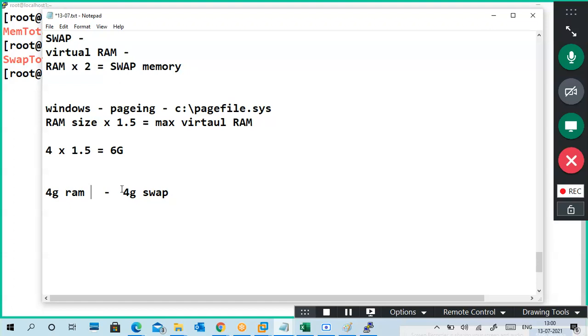So swap is very important. Make sure your current RAM size and swap size are balanced. Of course, while installing I used 4 GB RAM but only 2 GB swap, because I planned to reduce my RAM size to 1 GB. So this is the scenario where I got the issue.